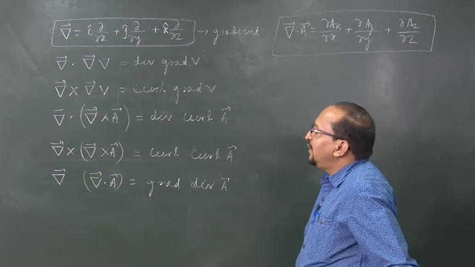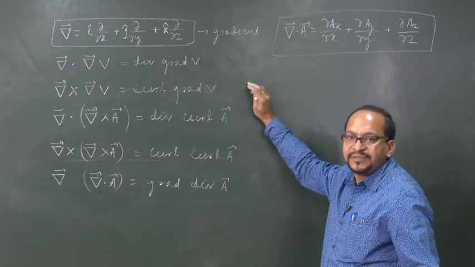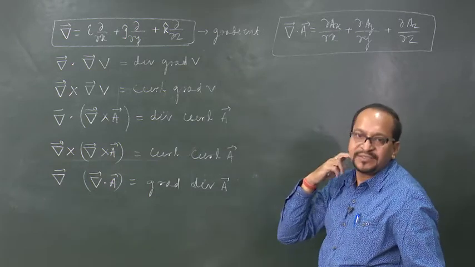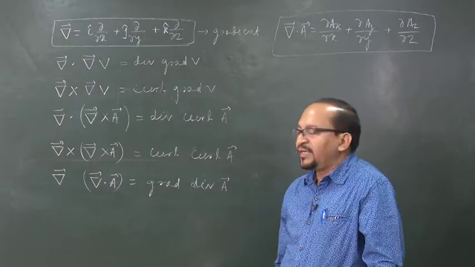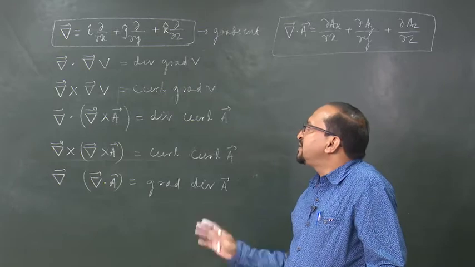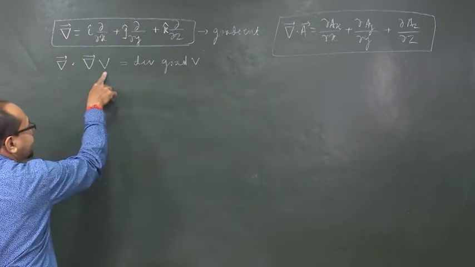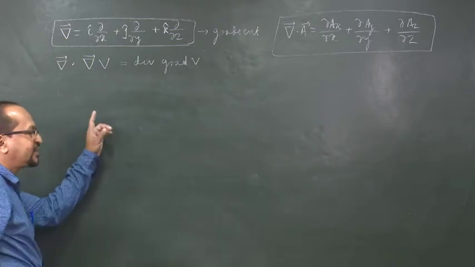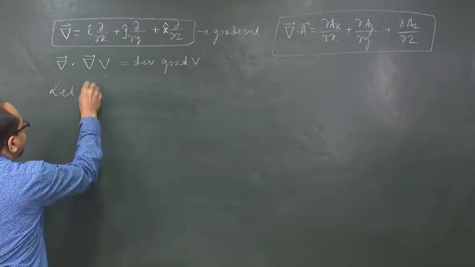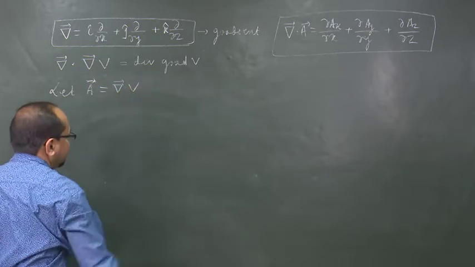We will now have immediate applications of these two operations. So, we will first find out these two operations, then the rest in the course of discussion we will derive what their values are. Okay. So, first let us find what is divergence of gradient of V. Grad V is a vector, because V is a scalar, grad operating on V is a vector. Let A be a vector which is equal to gradient of V.